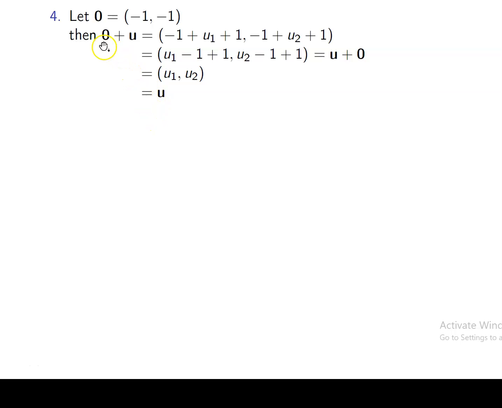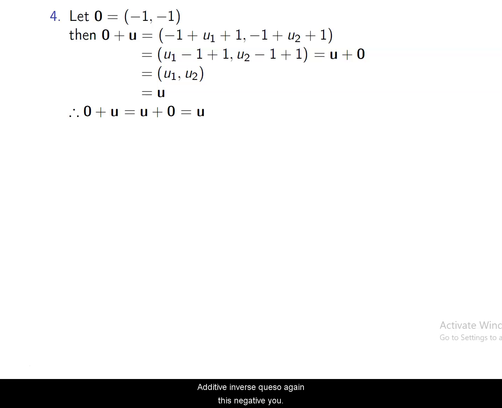Therefore, what did I show? 0 plus u is the same thing as u plus 0. That's why I swapped these around, okay? Which is the same thing as u. So I showed the whole additive identity property, okay? So that's what you'll need to do for 4 and also for 5. Do you remember what 5 was? That was our